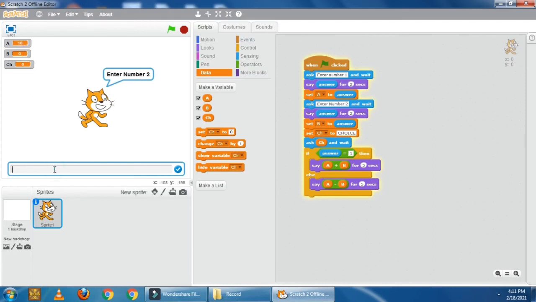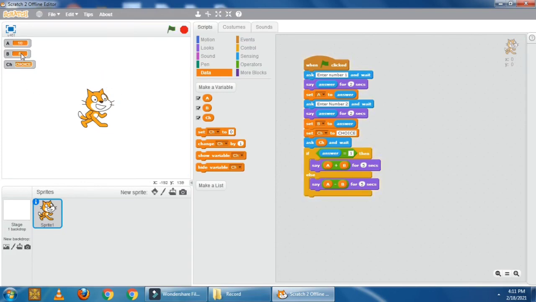Now enter number 2. We have to type here number 2, which is 5, and click on this tick mark. Number 2 is 5 and variable B has 5 value. This is our two numbers. Now it will give choice. We have two choices, either 1 or 2. We are giving here 1. 1 means addition, and click on this tick mark. You can see it will display addition 15. 10 plus 5, 15. Okay, now let's execute it again, and for subtraction.